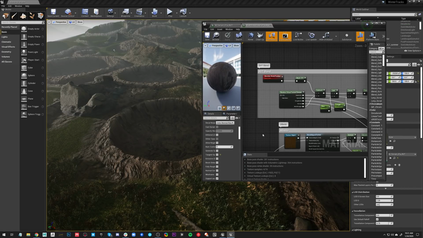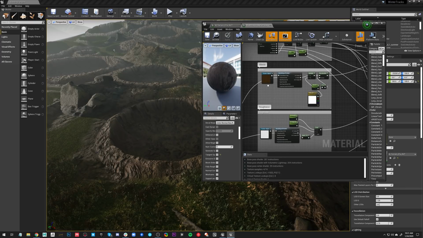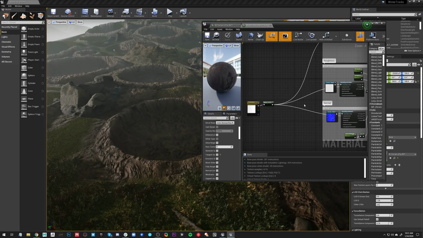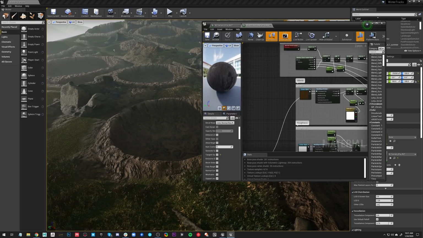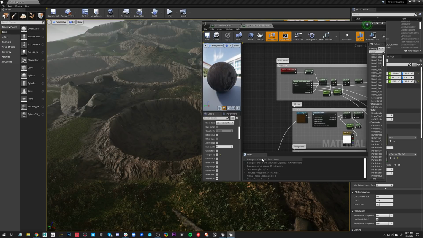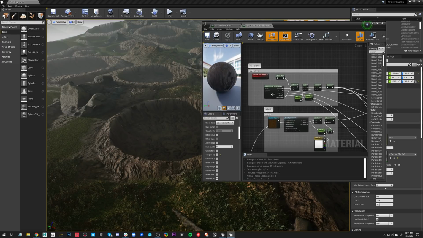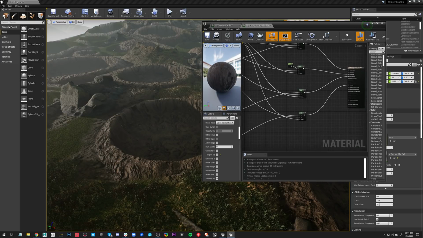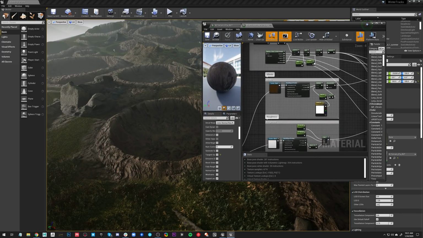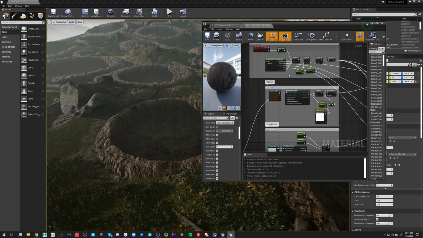And this is actually a lot cheaper than distance field blending as well. If you notice, the shader instructions is kind of high, but with a lot of optimizations, like getting rid of the world line texture setup, just doing a really basic setup here would actually reduce that shader count quite a bit. So yeah, it's a pretty performant option that works pretty well.